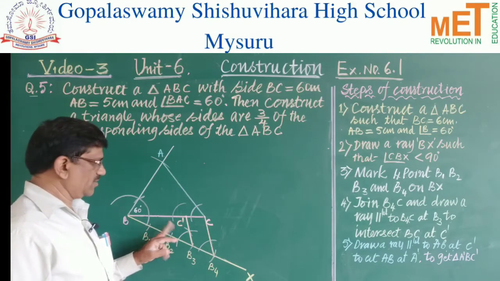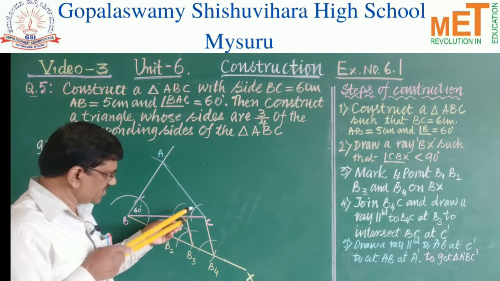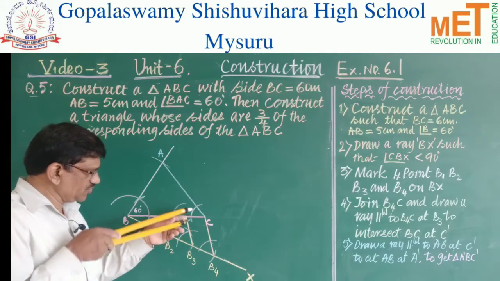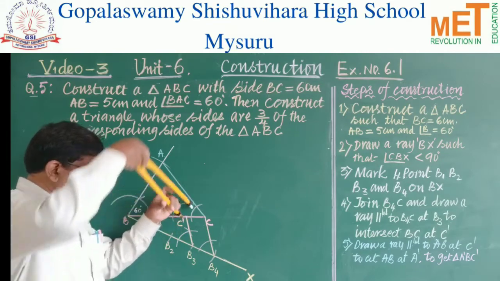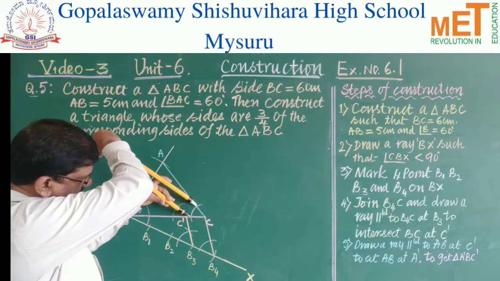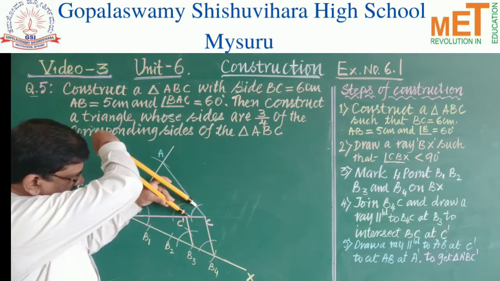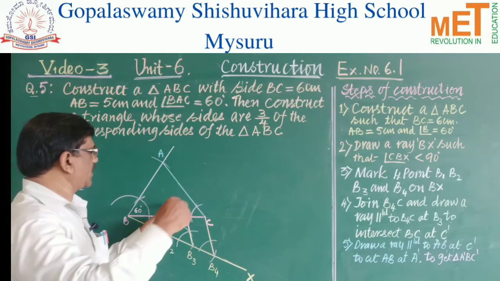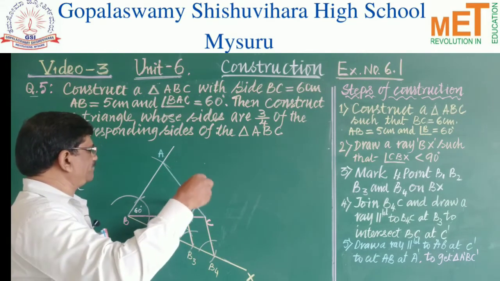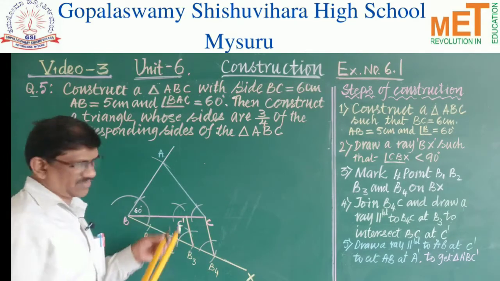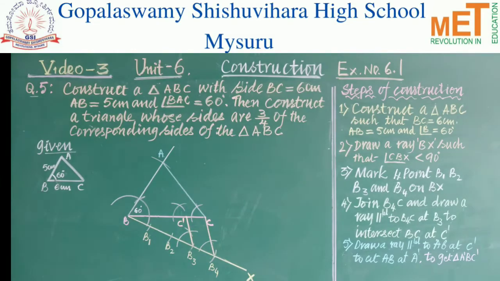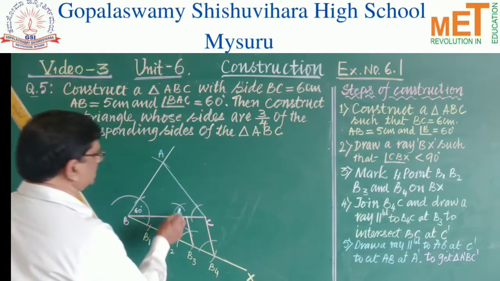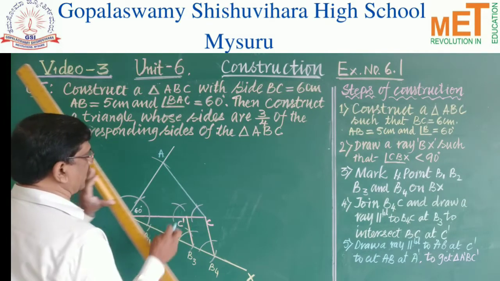Okay. Now, what is the distance between these 2 points, children? What is the distance between these two? You measure in the compass only, like this. Okay. Measure. You see here, measured. With this point as a center, draw an arc. Okay. Join the point of intersection of the arcs and the C dash.